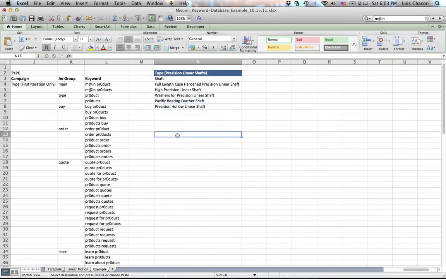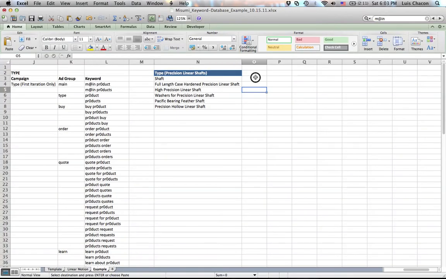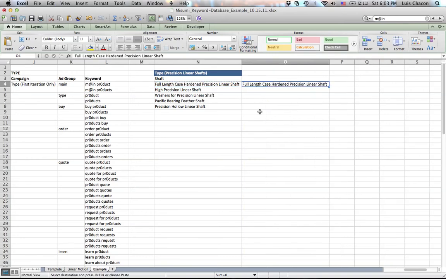And there's going to be different iterations for the types. So for shaft, there's no different iteration. Sorry. For full length case hardened precision linear shaft, this is definitely going to be something really long, and you're probably going to want to cut. So let's say you want to cut precision. You're going to create different iterations. So I will say just full case hardened precision shaft, and then the next one could be just case precision hardened shaft, and then the next one will be just